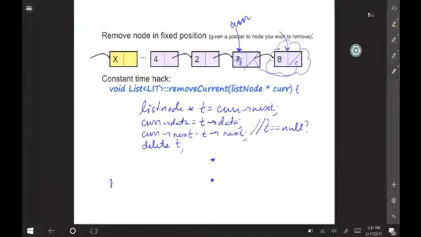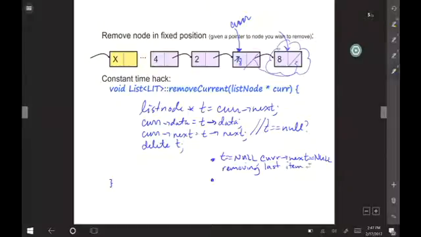Very keen observation. The thing you should be worried about is if t is null, which is the same thing as cur next equal null, or removing the last item of the list. That's what you should be worried about.